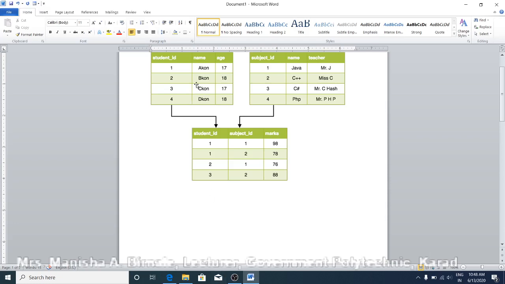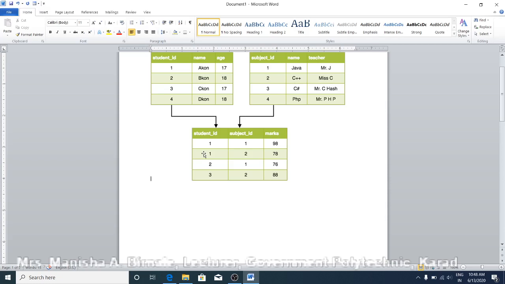Now data dictionary or metadata means extra information about this data. Data about data. So the table name T1, T2, T3, table name, column names of that table, student ID, name, age. This data is called as a metadata, or total number of records in each table. Table 1 is having 4 records. Table 3 is also having 4 records. So total number of records in each table is also called as a metadata.